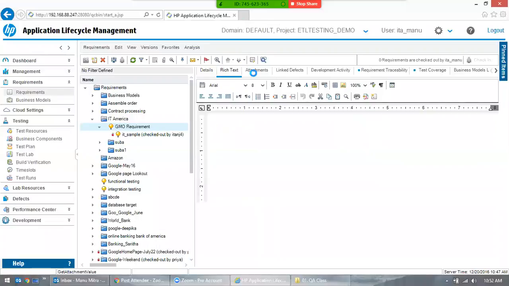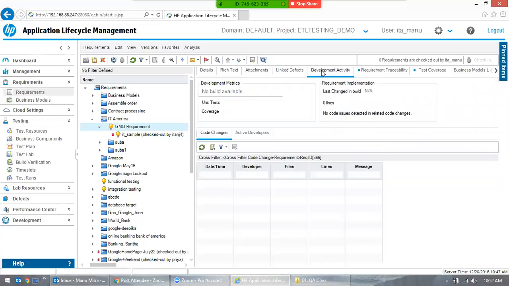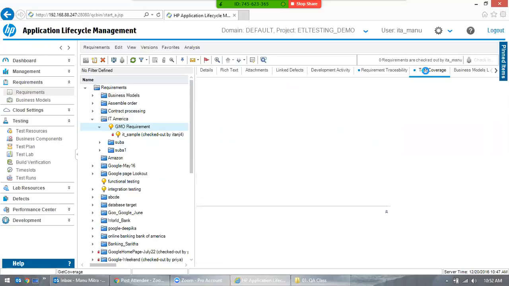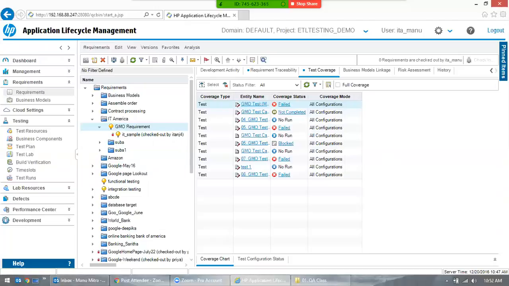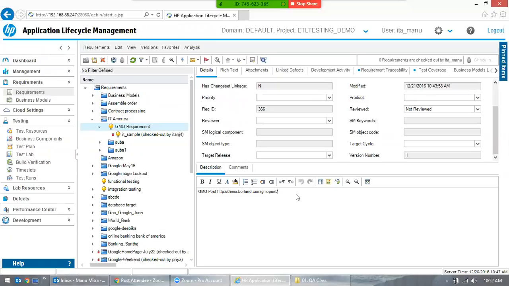We really don't care about these different modules in the requirements, and you may not always have access to only the test coverage. You may have access to this test coverage module. So these are the requirements. Let's say you have all this information here, and this is just a one-line statement. Sometimes you may not even have that, and sometimes you have a lot of information,